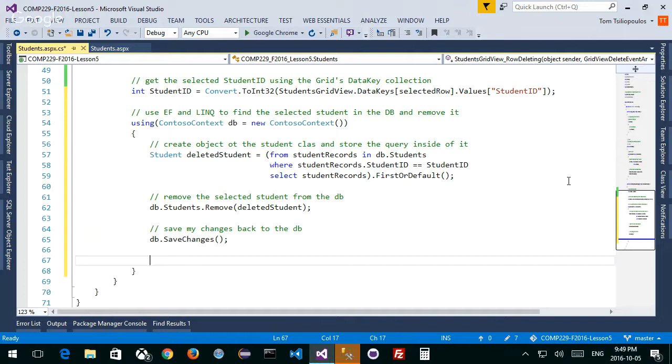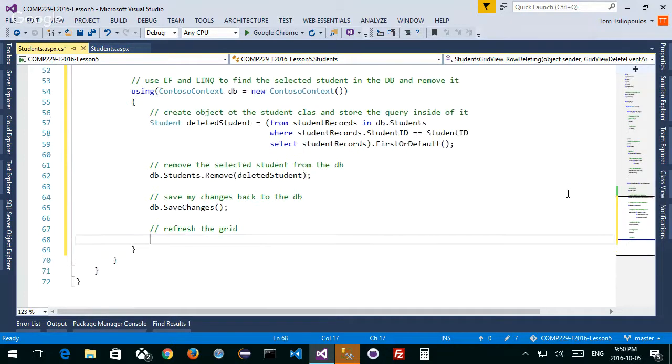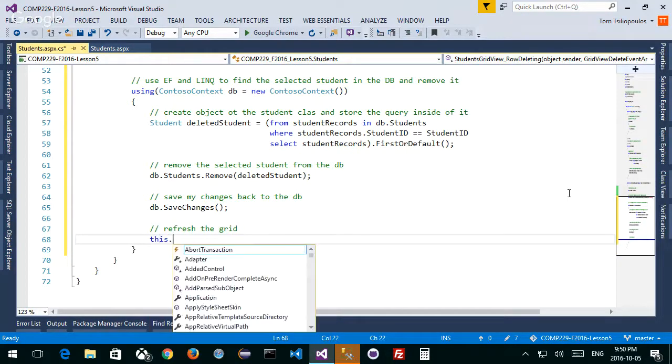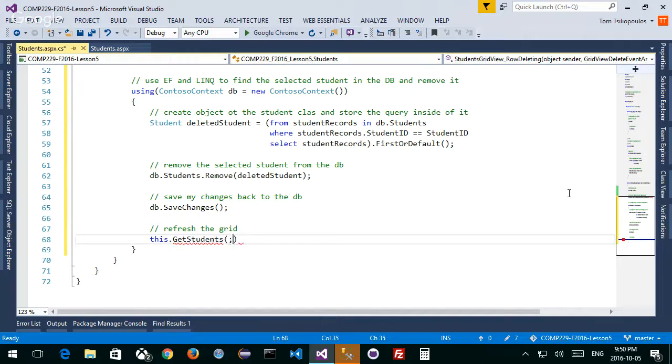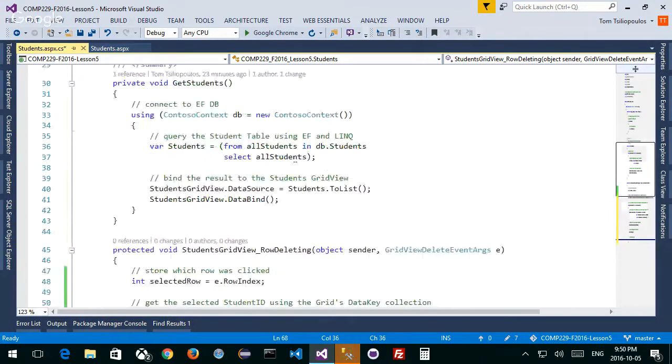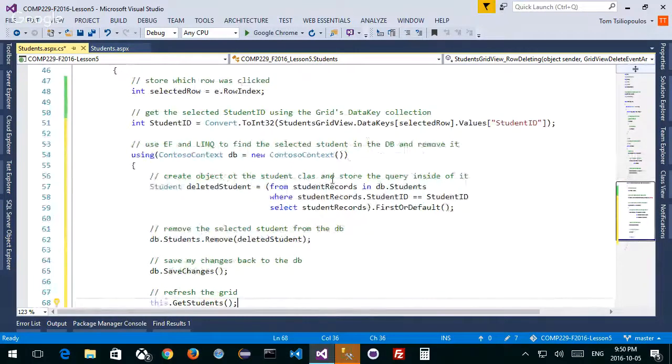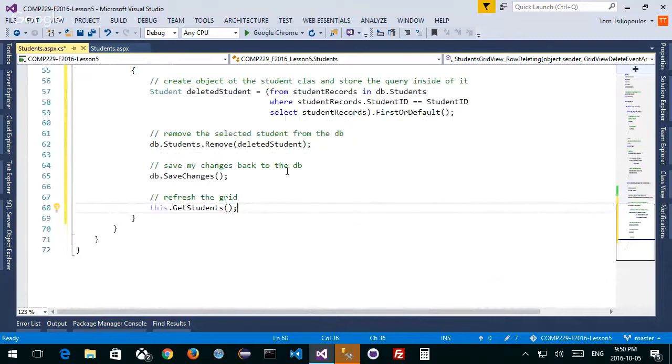The way to do that, of course, is to refresh the grid, and I want to say something like this.Students, because GetStudents, remember, reads from the database table and fills up the grid. That's what this does. So I'm going to delete it, and then afterwards, I'm going to refresh the grid and show that the student's gone.